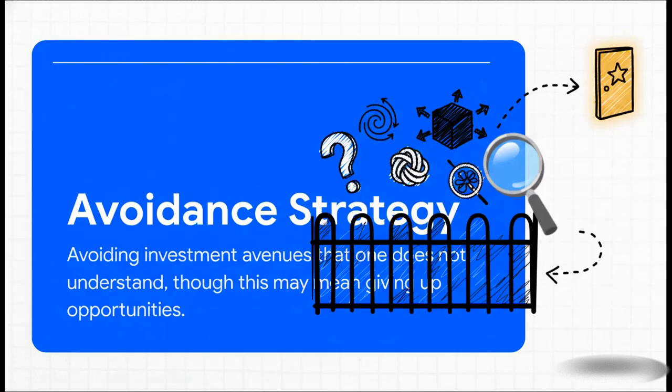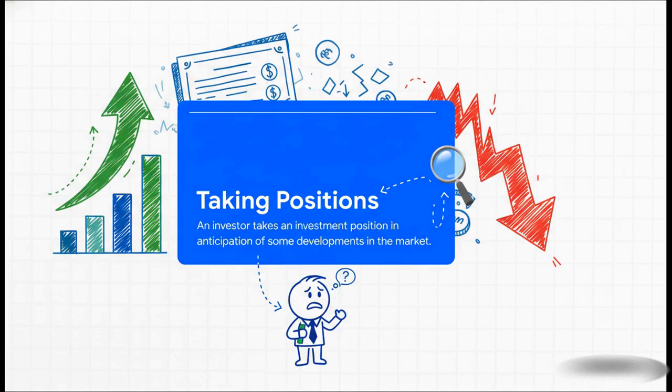First up is avoidance, or our defender. This is your first line of defense, and the rule is incredibly simple. If you don't understand an investment well enough to explain it to somebody else, you just stay away from it. Simple, right? But what's the catch? Well, it's opportunity cost. If you play it too safe all the time, you might miss out on some really great chances for growth.